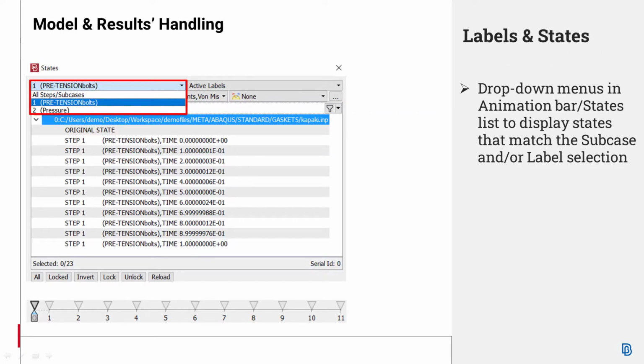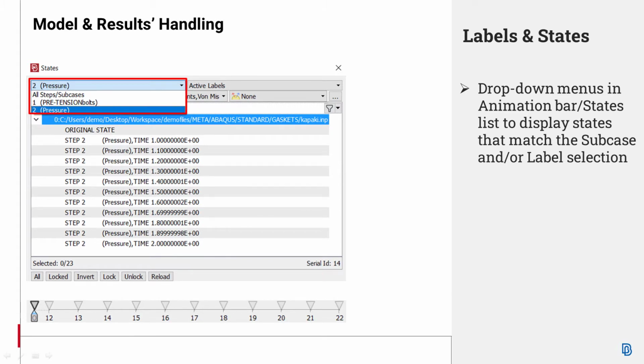Regarding labels and states, new level of hierarchy and filtering has been introduced in the states list and animation bar. States are now organized per subcase or step when such levels of hierarchy exist. According to the above, drop-down menus have been added in order to display only states that match subcase and/or label selection.